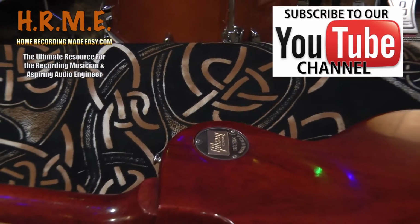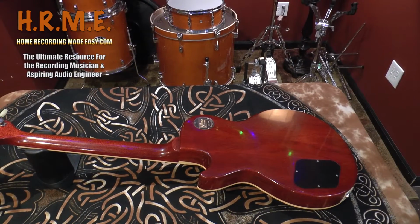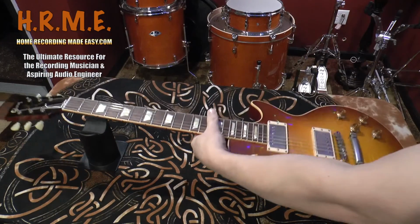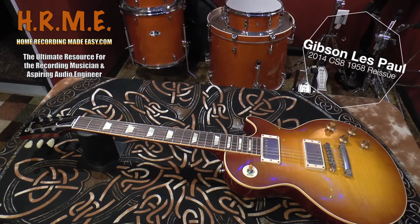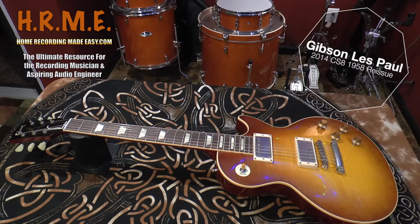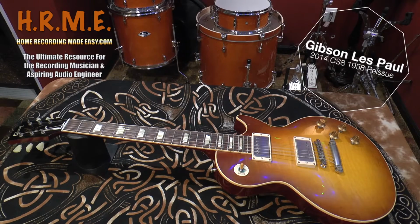So again, this guitar compared to, say, a brand new Les Paul Standard, it's a custom shop guitar, so they're about $1,000 to $1,500 more in cost. But I gotta say, and I was a little surprised, flip this back over, how much better or much easier to play I found this guitar as opposed to my other Les Paul, which is a 2015 Classic. Not that that guitar is not a great guitar, it is, but what I found that's different about this guitar is when you hold it against your body and you hit an open chord, the guitar resonates a lot more. You can feel it. You can feel the guitar vibrate more against your body